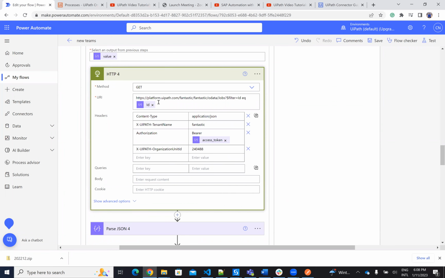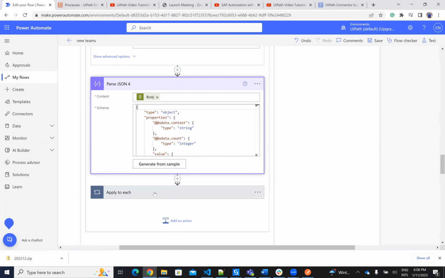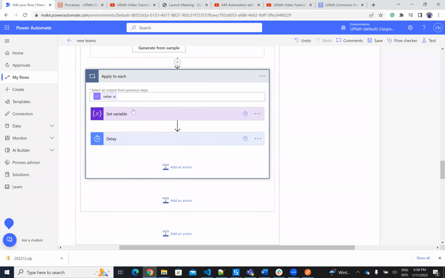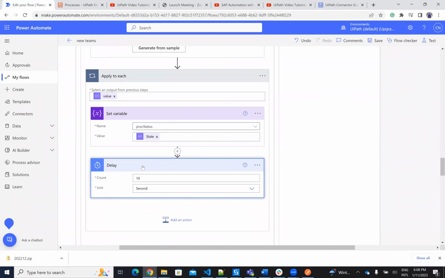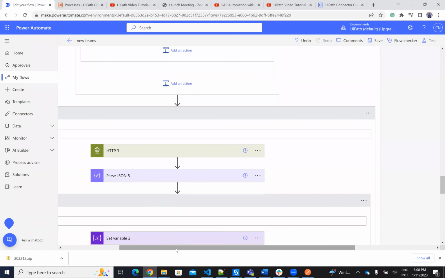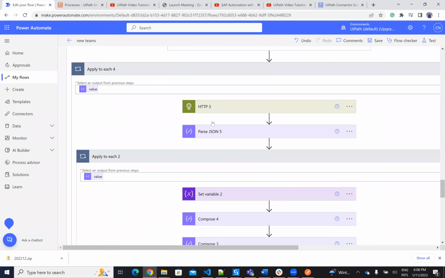I will filter on the ID of the process, and then I will parse the JSON again, and I will check if the value ID is finished. So that is the state, and if the state is finished, then I will go further. After I go further with the state finished,